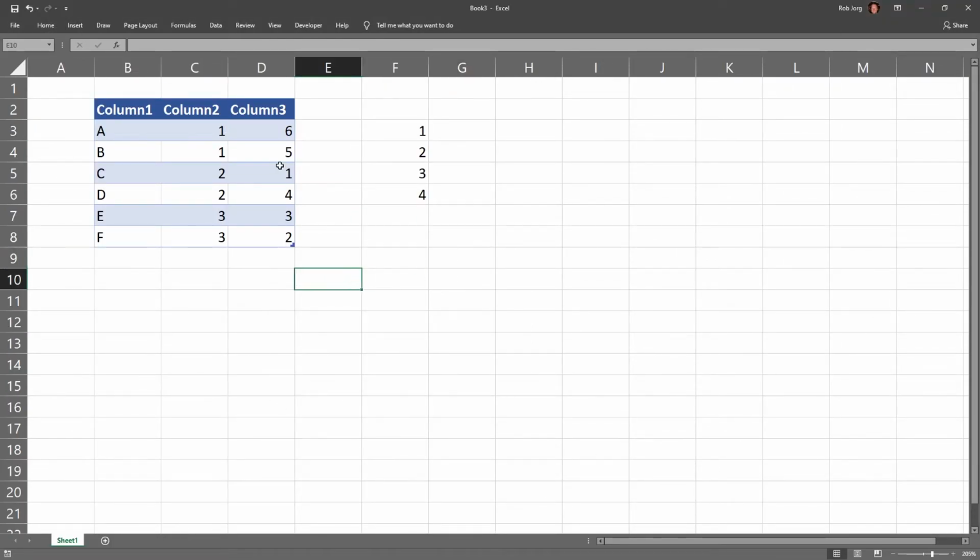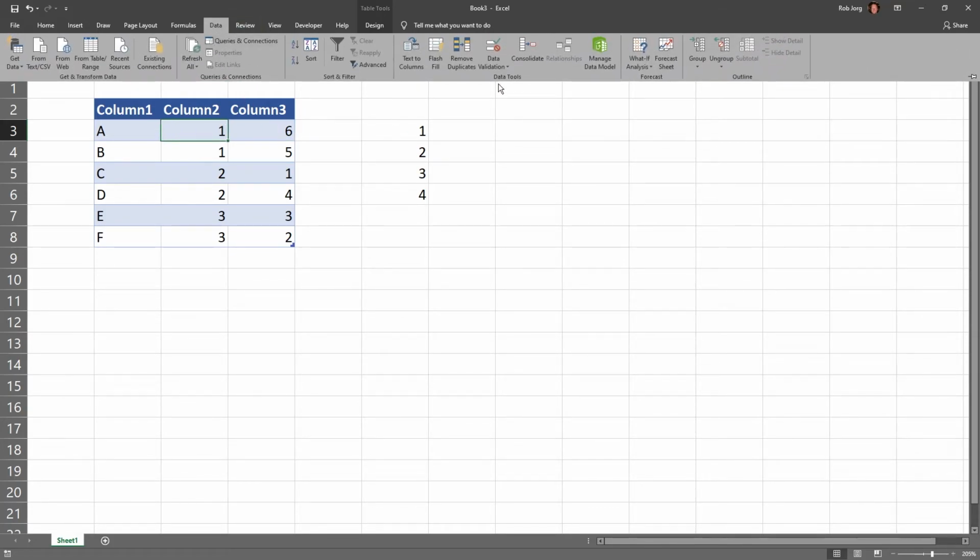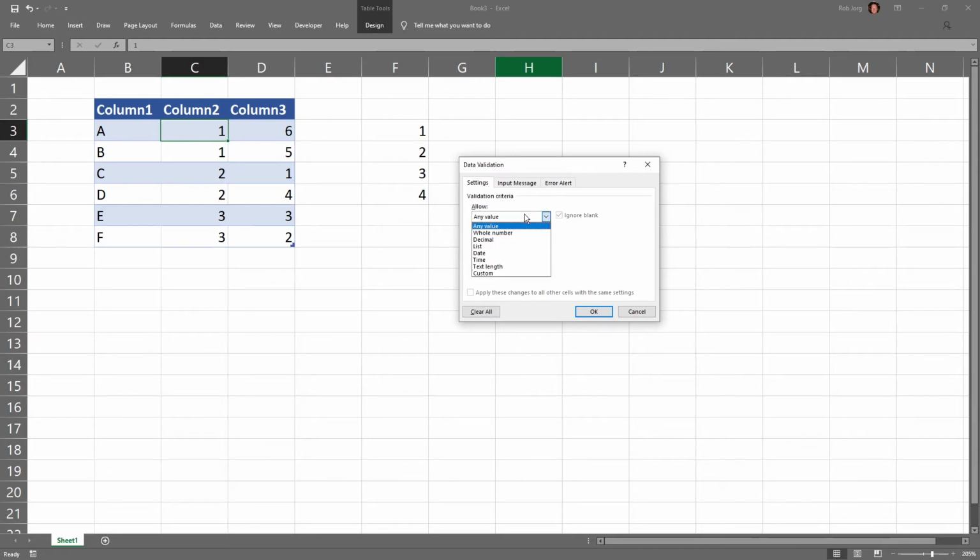Drop down list. So how do you do that? First of all, we have a couple of numbers over here. Go to this spot, do this one. Go to data, and over here you have data validation. You go to allow, list, source. You need a source.